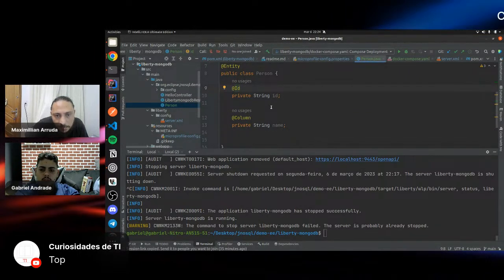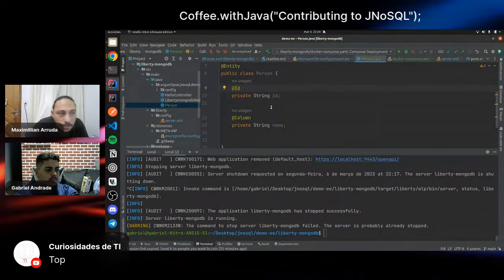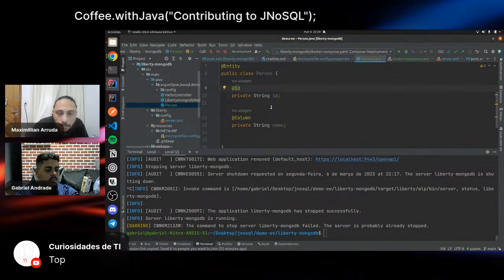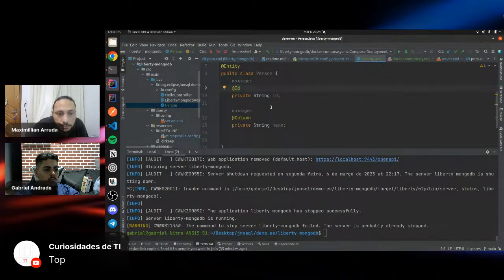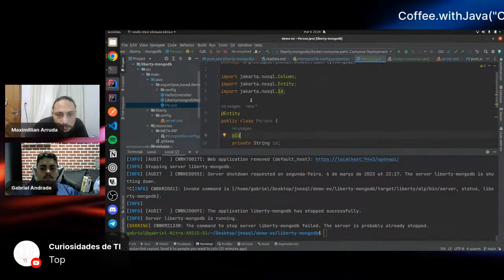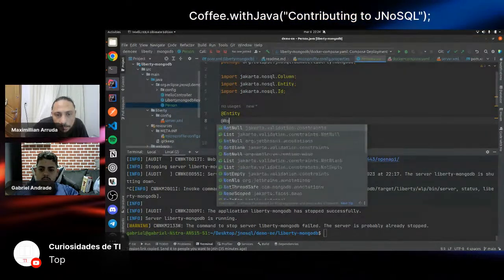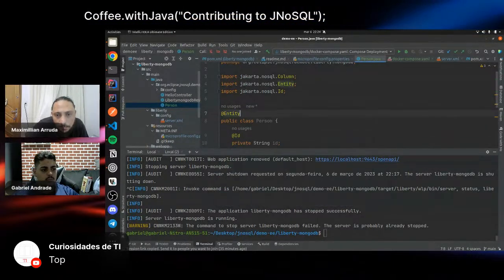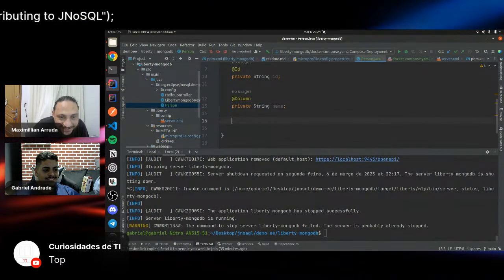As in JPA, we need to create a no-arguments constructor. So you need to create a constructor without arguments. Create a new one. There is no Lombok here.